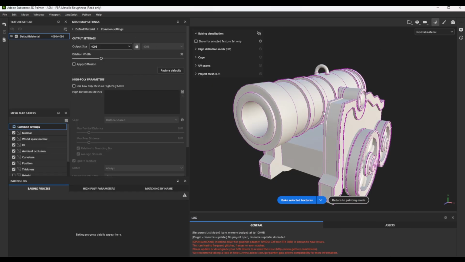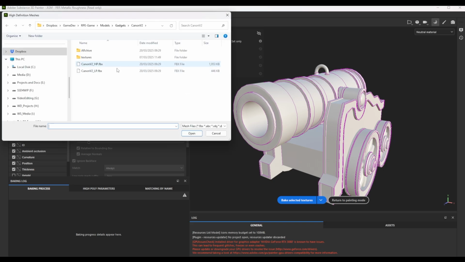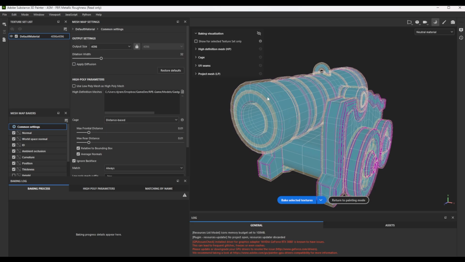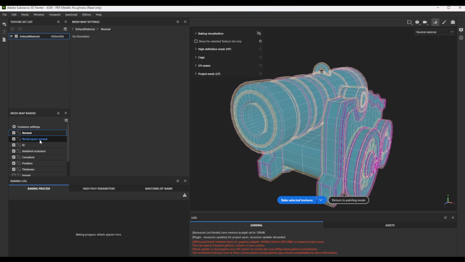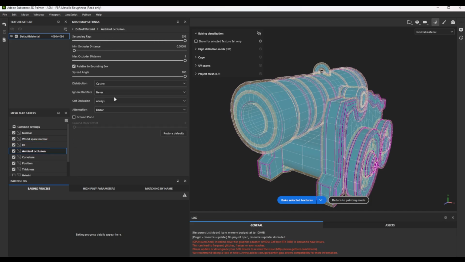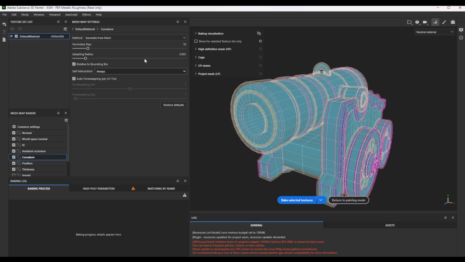It works out all the ambient occlusion, all the little shadows, all the details, and we can set it to 4K. I'm going to use my high poly version. Hopefully it can take those details from all those little bolts and stuff. I'm going to come into ambient occlusion and put that up, and I also want self occlusion as only the same mesh. The reason I'm doing this is because the wheels will turn, so I don't want them to leave an ambient occlusion shadow on the frame, because obviously when it